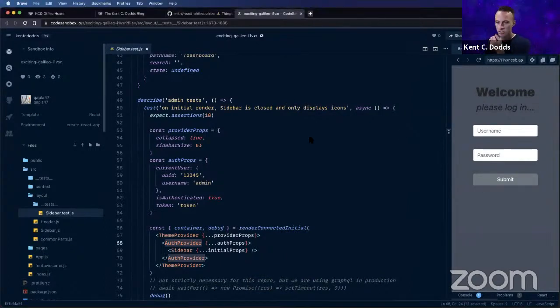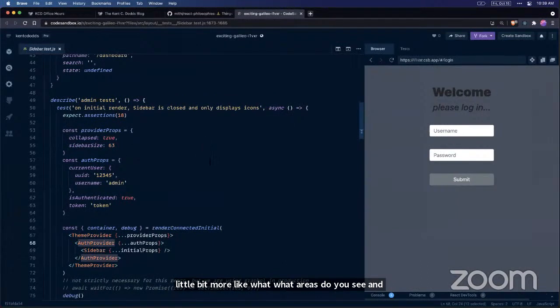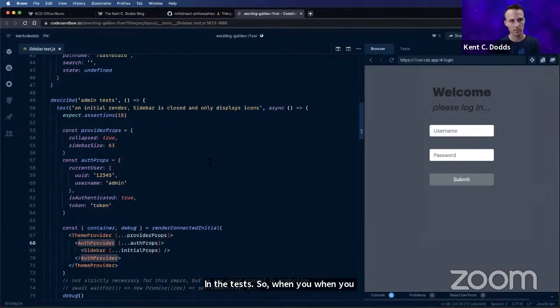Okay. So when you say it's not working, can you describe a little more what errors you see? What I see is different in the CodeSandbox than what I see in my production environment. In my production environment, it doesn't mount the sidebar component at all in the tests. When you say production environment, do you mean your development environment locally on your computer? Yes.